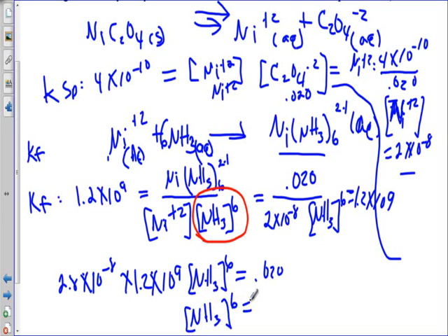So let's punch it. So it's going to be 2.8 E minus 8 times 1.2 E 9, gives me some number. I'm going to take 0.02 and divide by that number, and I get 5.95 times 10 to the minus 4. And then what I can do is take that number, and if I use my caret, I can raise it to the 1/6. That will give me the 6th root. Okay, I'm going to do caret 1 divided by 6,